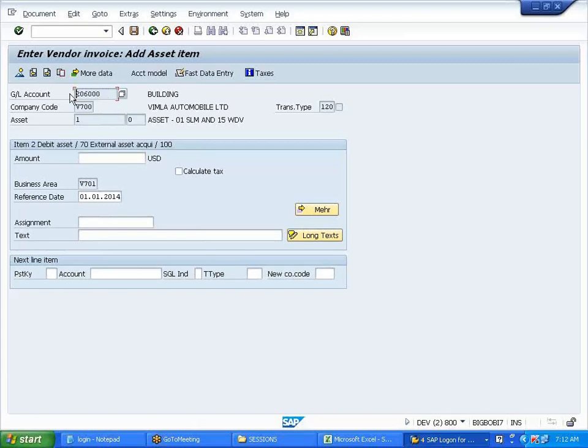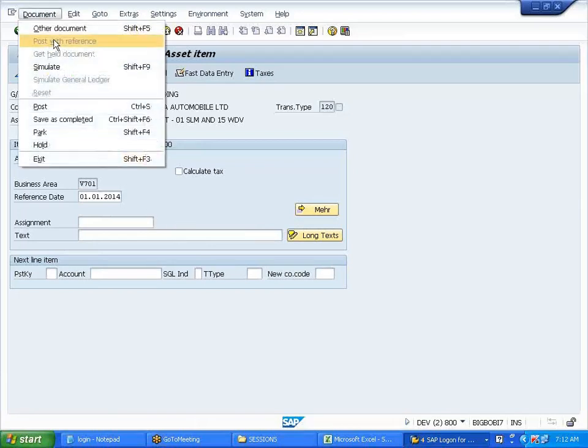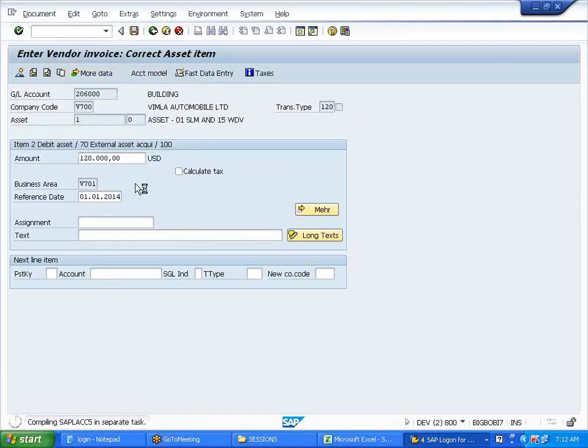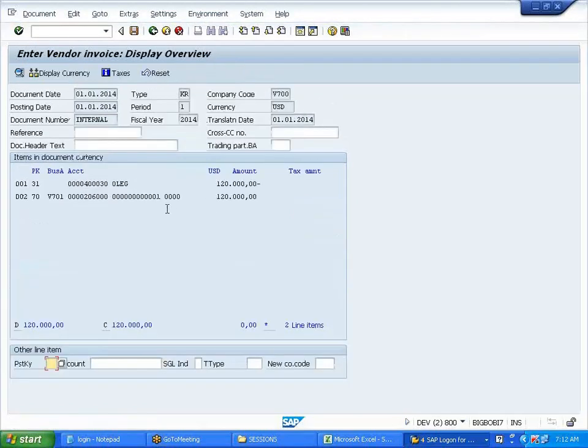I'm not posting to the GL. I post to the master data, it updates to the GL, similar to your reconciliation accounts. You post to the vendor master, it will update to the GL, right? Payables. Exactly the same way. You post to the master data, it updates to your GL. Document, simulate. You will see the master data. Correct? GL? Yeah. I'll save it.